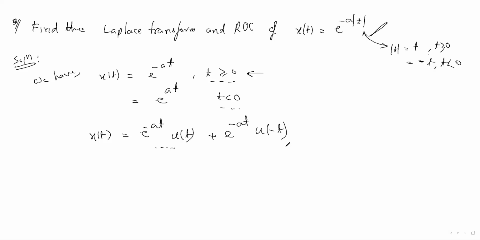Let me see. First of all, you tell me, what is the definition of u(t)? When can I write u(t)? Can you say what is the definition of u(t)? The definition of u(t) is: u(t) equal to 1, amplitude will be 1 when t is greater than or equal to 0, and 0 for t less than 0. Understand? We should write only t greater than 0.